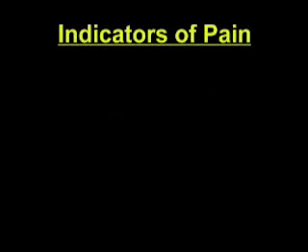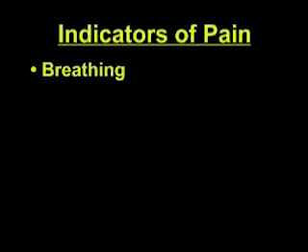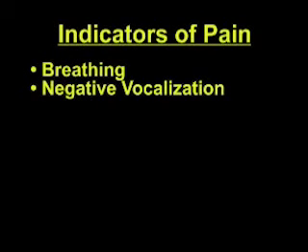In the PAIN AD scale, we have 5 behaviors that we assess the patient for. The first one is breathing independent of vocalization. So you might be looking for something like rapid breathing, people holding their breath, just any kind of different breathing you want to really pay attention to when you're working with the patient. The next one would be negative vocalization. If someone were moaning or yelling out or crying or swearing, those are all signs that you would take note of.